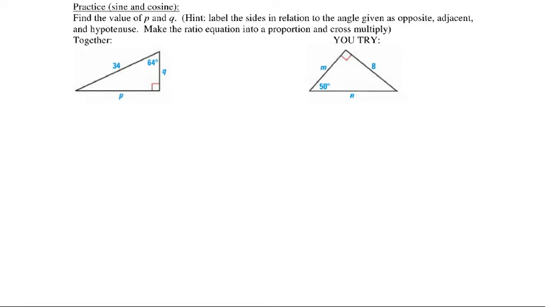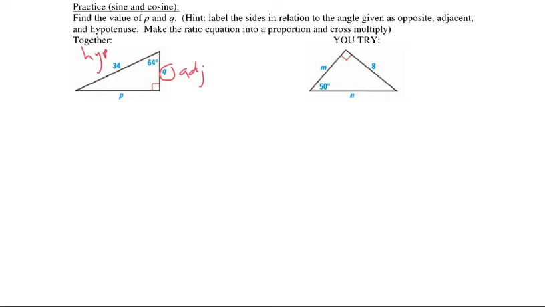Welcome back to part 2 of 7.5 to 7.6 notes. These are 2 more questions. They're kind of the same idea, but we have to just use a different ratio. That's the only difference. So first, if we find our Q over here, we can't use the P, but we